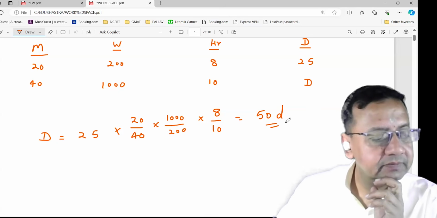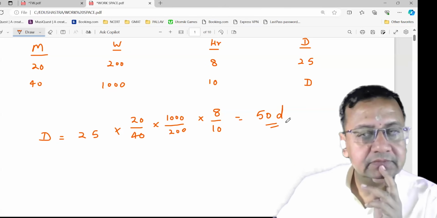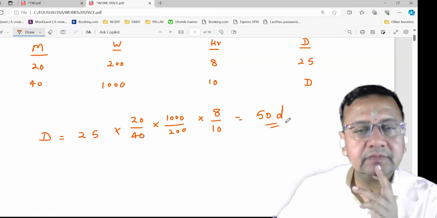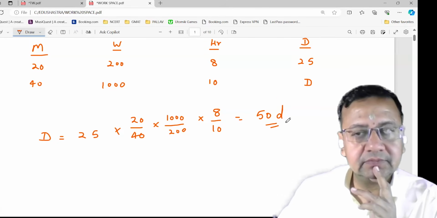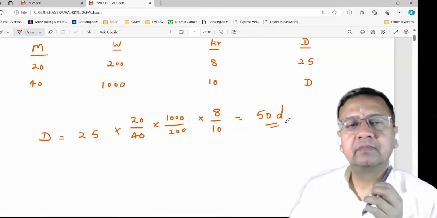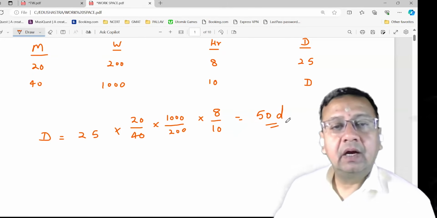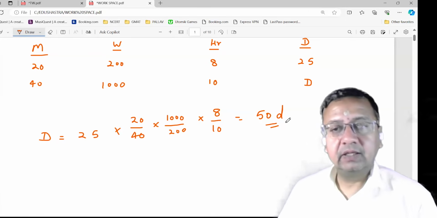Sir, but here the work is more. So if 20 men are working for 25 days, the days would be more now for 40 men because the work is more. Yes, work is more, right? But